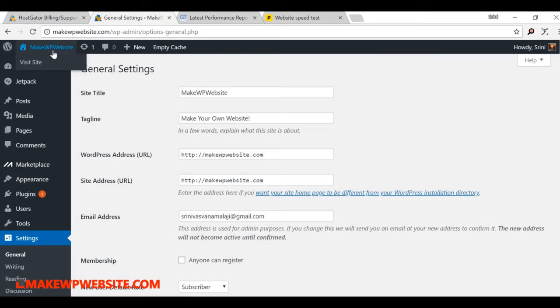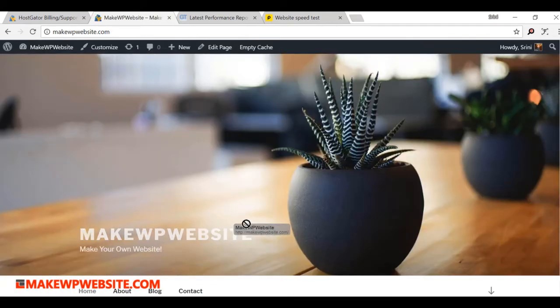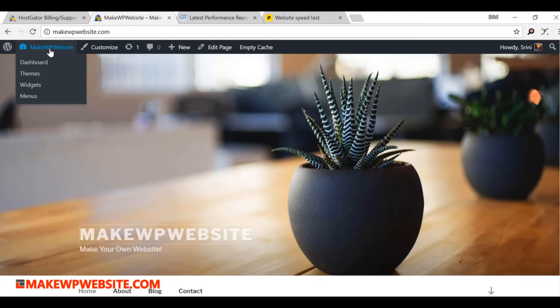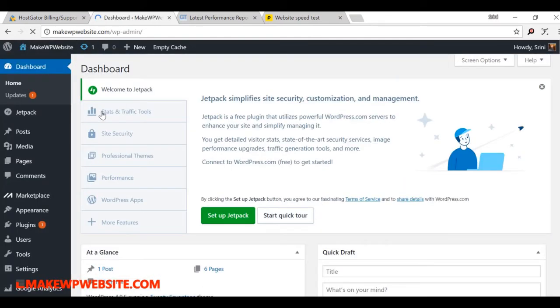Okay, now let's visit the site. Okay, you can see that's our site title and that is our tagline. Okay, and you can even see at the title bar your title and the tagline has changed, and also when you log in to your admin, in the admin bar you can see your site title will be modified. Okay, so make sure this step is done. Okay, then we'll move along.